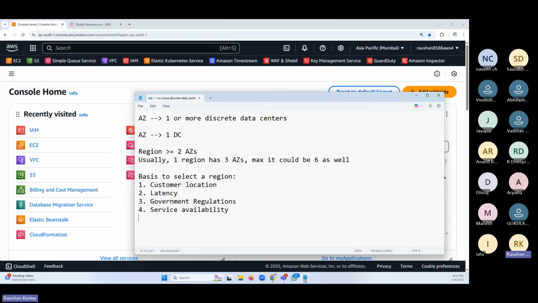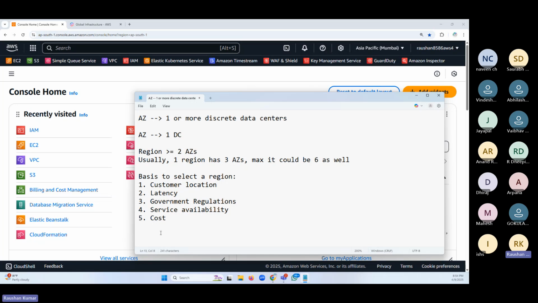And the fifth option is cost. Cost will be different. So if you create a server in EC2 in Mumbai, and if you create a server in Singapore, or if you create a server in US, there will be a cost difference. Again, it's a demand supply game. Higher the demand, they would increase the price, because they want to earn. See, for cloud providers, for AWS, Azure, GCP, it's a business model.